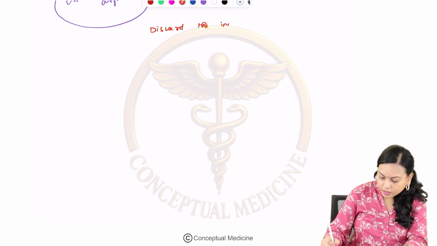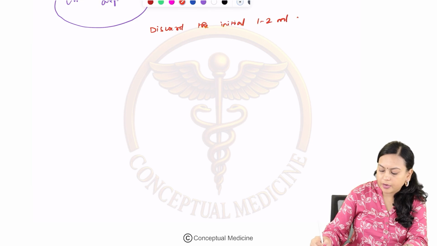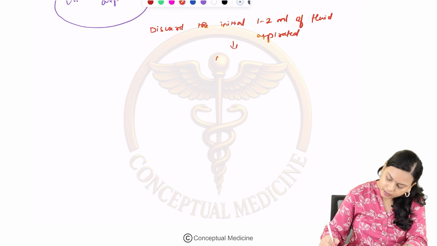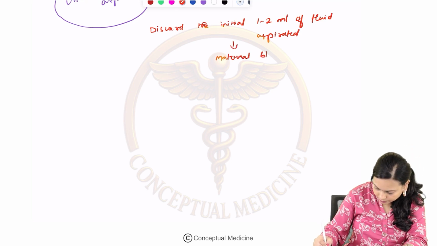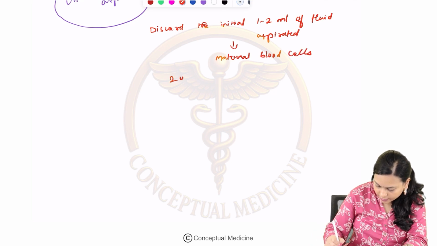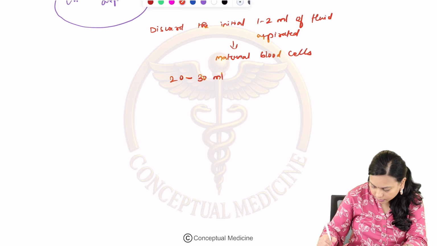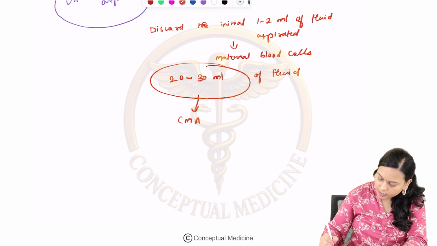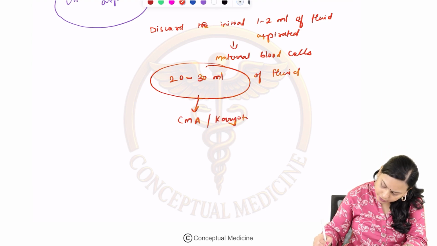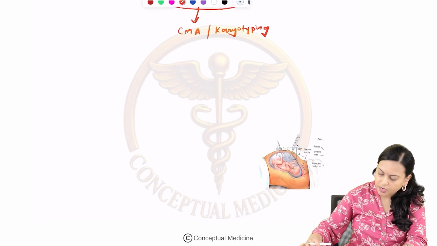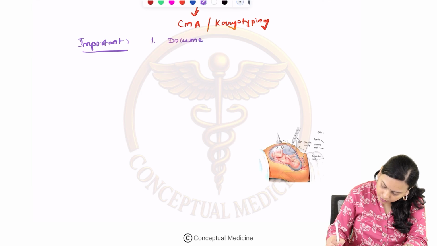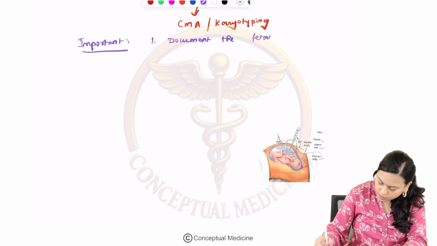the initial 1 to 2 ml of fluid aspirated, as it may contain maternal blood cells. Okay. We have to aspirate up to 20 to 30 ml of fluid. Okay. And this has to be sent for CMA or karyotyping. And remember, you have to document. Okay. Important is document the fetal cardiac activity